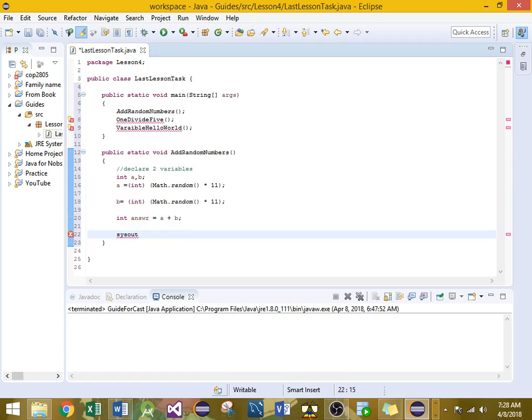So I do sys out control spacebar, and it completes my system.out.println statement and saves me time. So I'll go ahead and say a plus, so that whoever's using this code can see what a is and what's being added, because I don't want to just give someone a random number and be like, hey, where'd you get this number from? So b